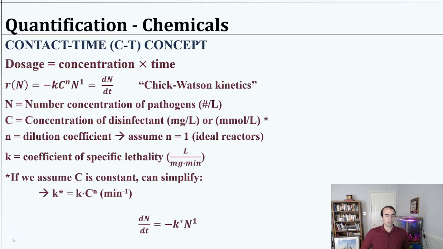Okay, now to determine the chlorine dose itself, what we need is a kinetics analysis, something that we've talked about a little bit already. And in particular, we need to use what's called the Chick-Watson kinetics. This is where we derive the concept called contact time. So the contact time is really describing the combination of the concentration of a disinfectant that a pathogen is experiencing multiplied by the time with which